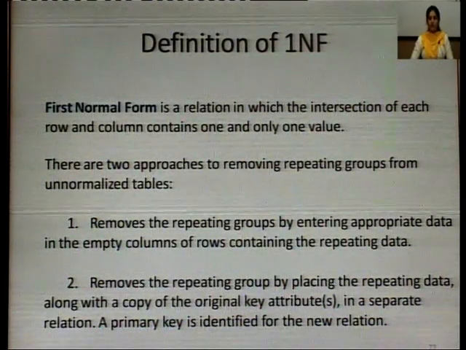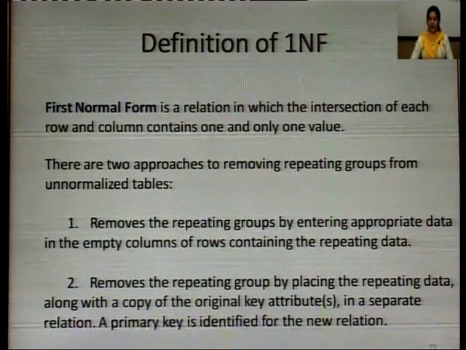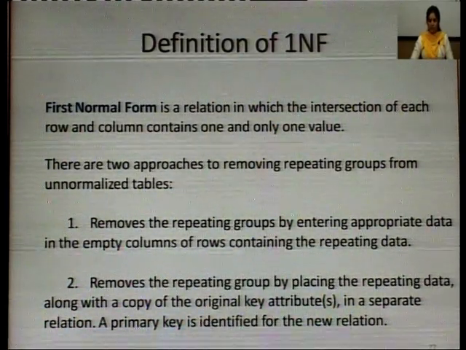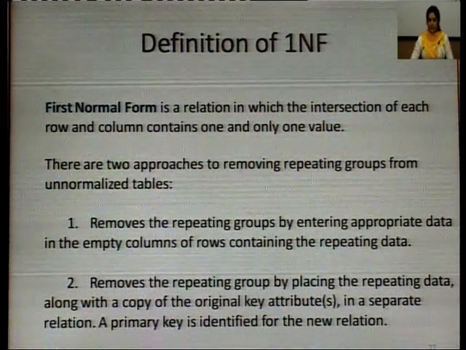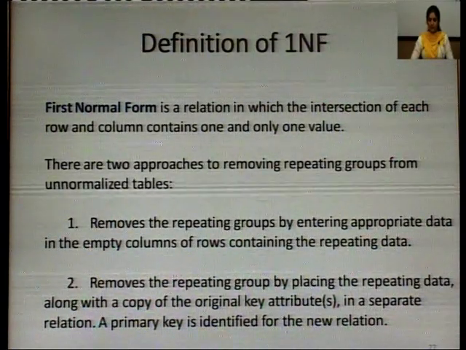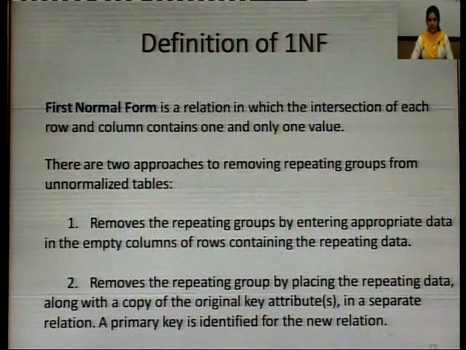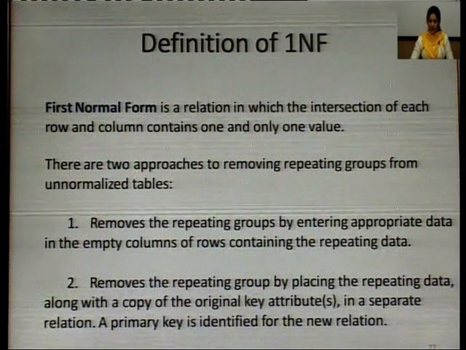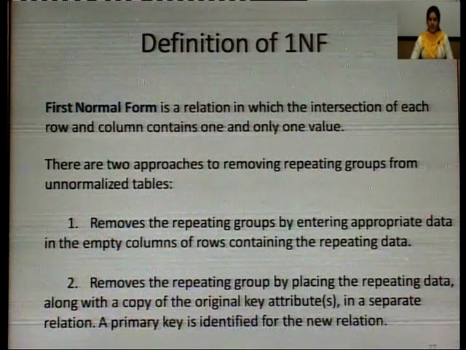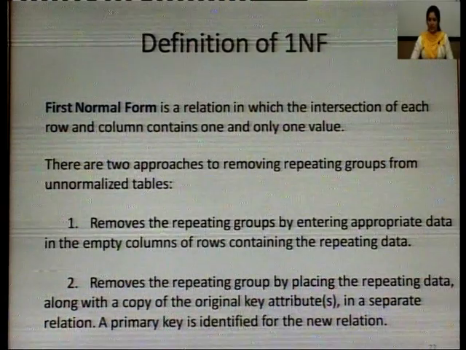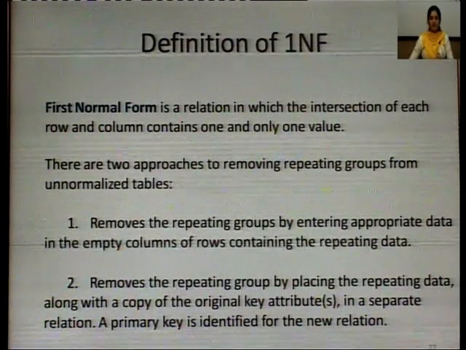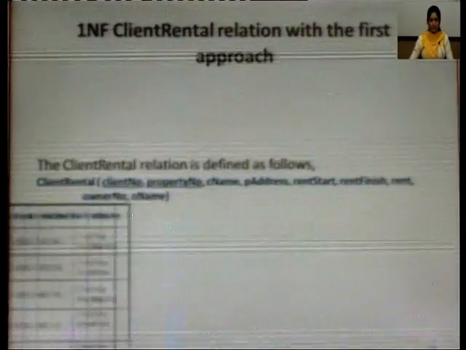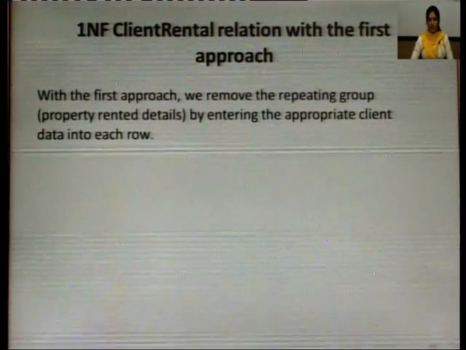The first approach removes the repeating groups by entering appropriate data in the empty columns of rows containing the repeating data. And secondly, it removes the repeating group by placing the repeating data, along with a copy of the original key attribute, which is the primary key, in a separate relation, and a primary key is identified for the new relation. So, these are the steps that you will be performing in your first normal form. With the first approach, we remove the